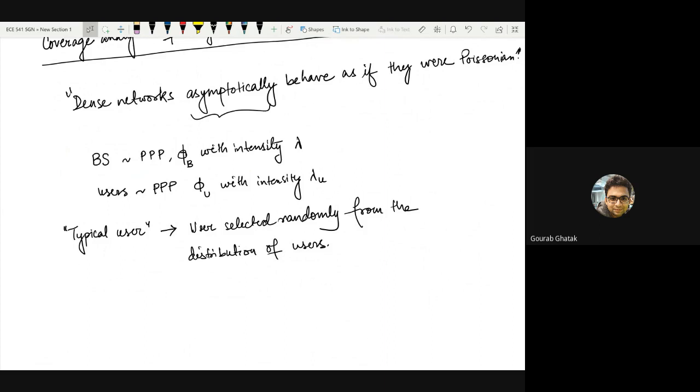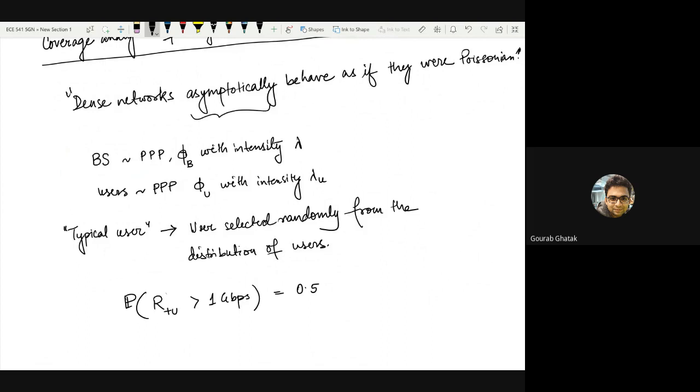Okay, what does that mean? It means that across all the realizations, if we evaluate that the typical user has, let's say, the probability that the rate of the typical user is greater than 1 Gbps is, let's say, 0.5. It means two very key things. The metric of a typical user not only represents the statistical properties of individual users, but ergodically, because it's an ergodic process in the end, it also defines the performance metric of the entire network.